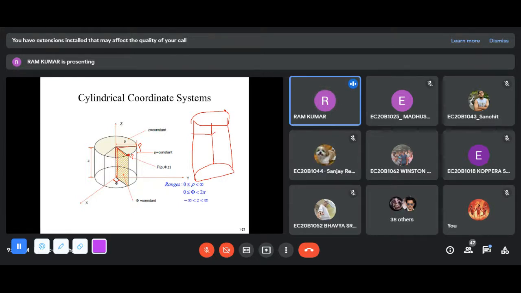This z axis and phi, this line. Phi, don't confuse it with the angle. This line. This is the z axis, right? This is a line which goes down to the point at the origin, right? What is this angle? This is 90, right?